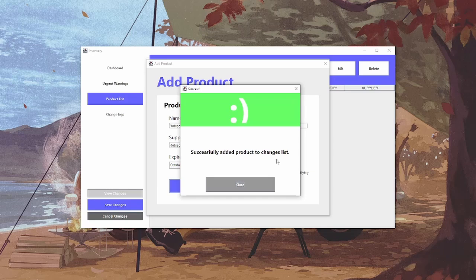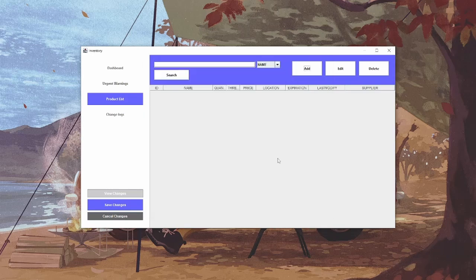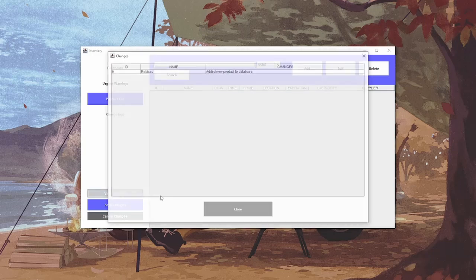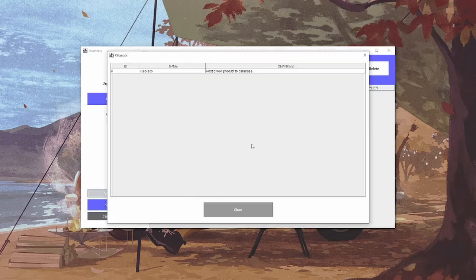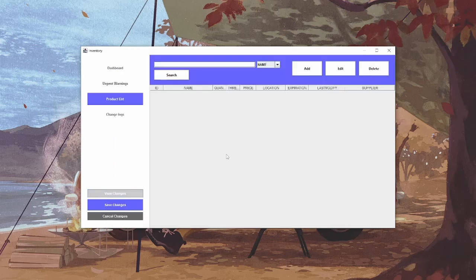After pressing confirm, this will store the change in a queue. Before that change is finalized or performed, the user has to press the Save Changes button. If he chooses to review the changes he made, he can press the View Changes button. Instead of save changes, he can also choose to cancel the changes. This will empty out the entire queue even if you had multiple changes in the queue. So to proceed, let's press save changes.